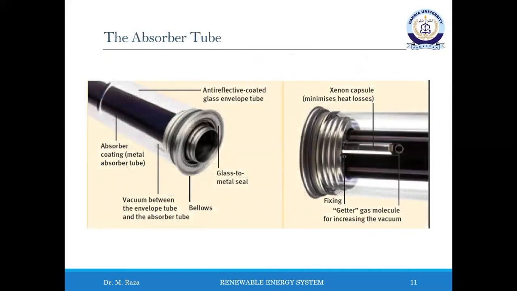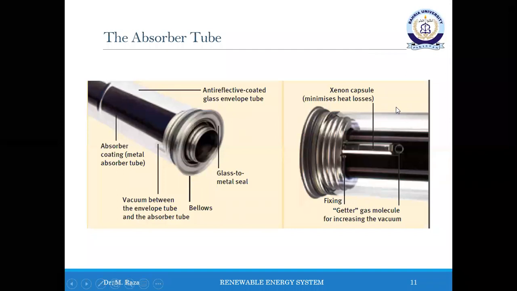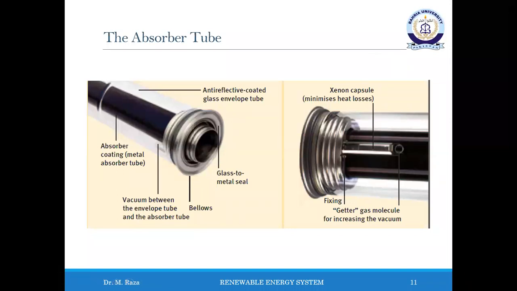In the absorber tube, the concentrated solar radiation is transformed into heat and transferred to the heat transfer medium flowing inside. The steel tube is coated with an optically selective coating that maintains high absorbance in the solar spectrum wavelength range but high reflectance in the infrared spectrum. That is, it emits as little as possible.